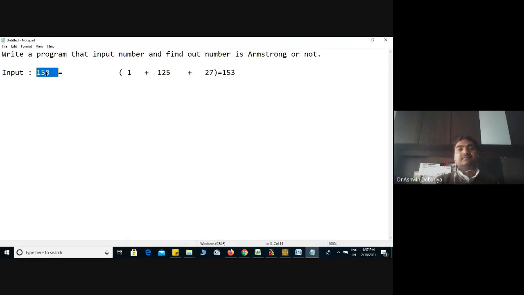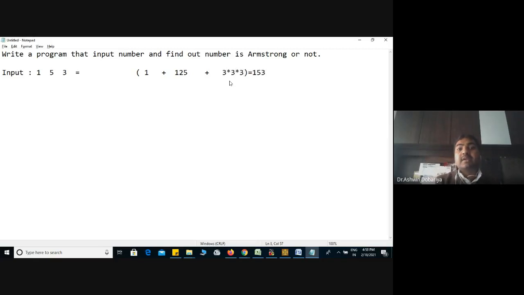So here, see, two logics are there. One is that we have to separate a digit, so we know how we can separate the digit. Then, once you separate the digit, how can we calculate a cube? Multiply three times.